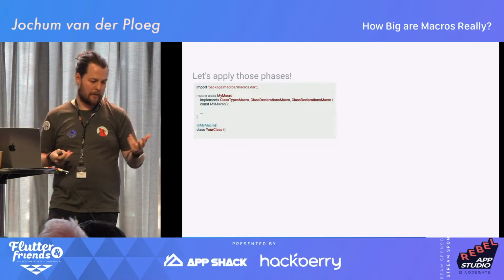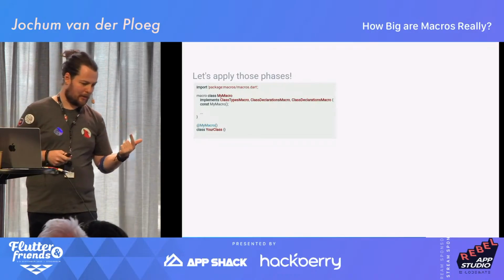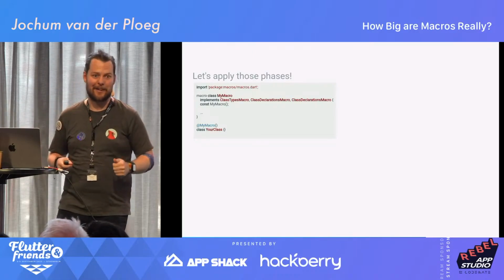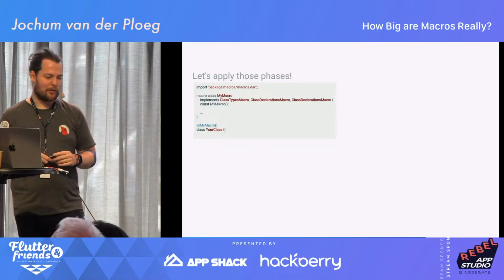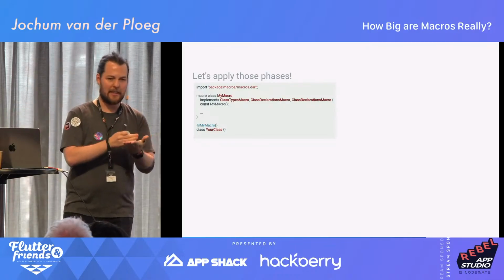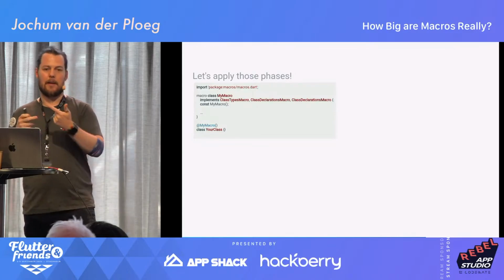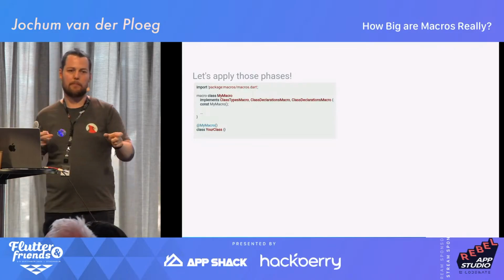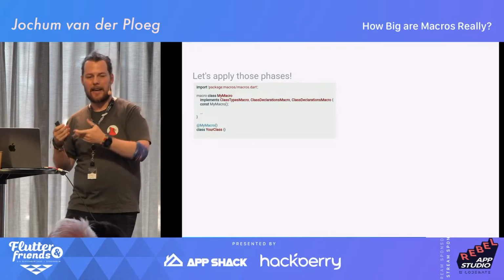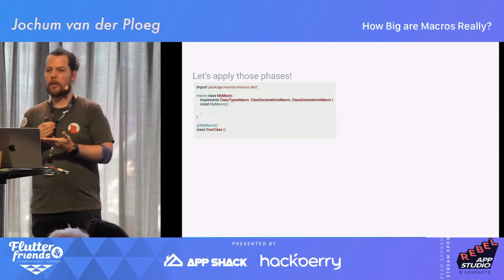They expose interfaces like the class type macro, the class declaration macro, and the class definition macro. Those are basically interfaces that expose build methods for each phase and type. The class is the type, and the second part of the word is basically the phase. They expose a build method that you have to implement, and you get all the information you need